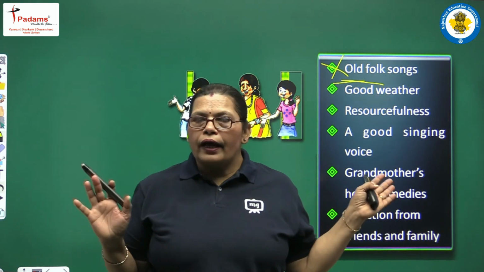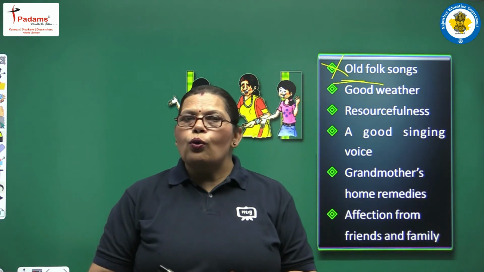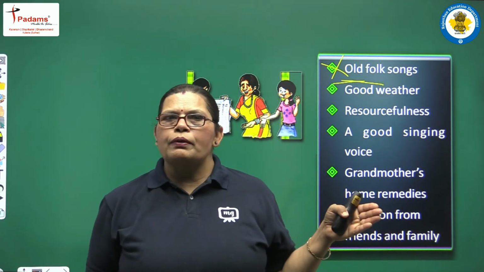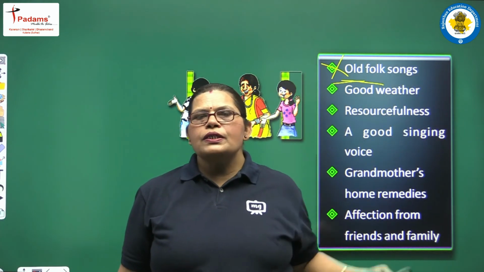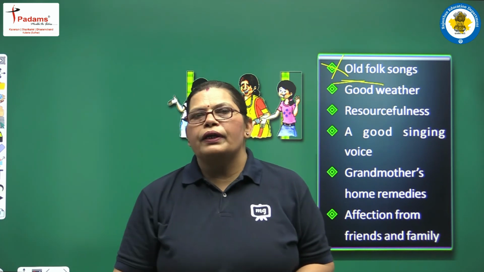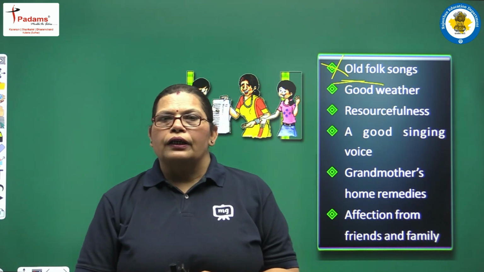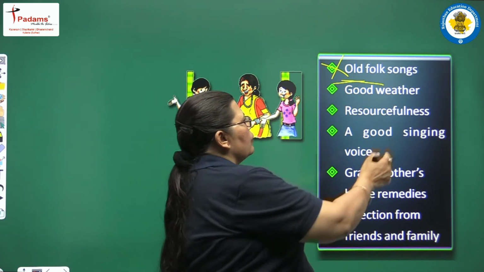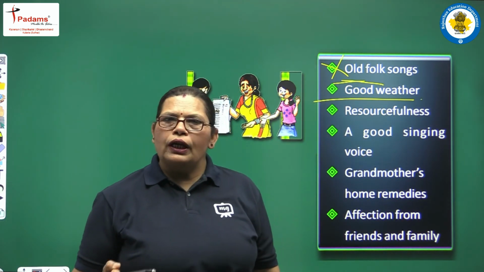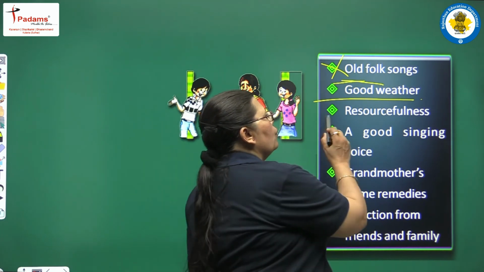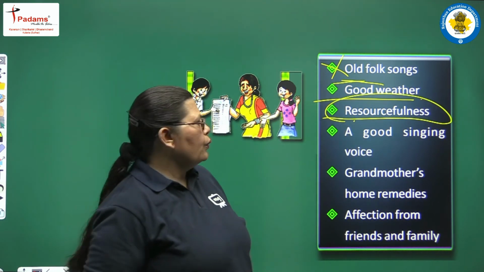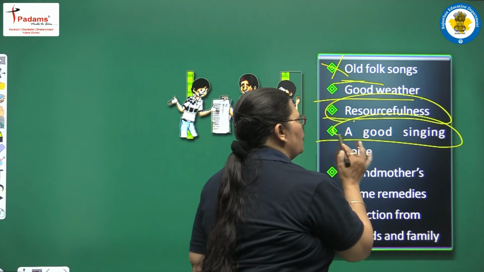पुराने हैं, गाने हैं और हम कहते हैं ना लोकगीत हैं, लोक संगीत हैं, तो क्या उनकी कोई कॉमर्शियल वैल्यू है क्या बच्चों? आपने अपनी दादी माँ से सुना, आपने अपने आगे भतीजे भतीजी, आपने अपने जो घर में बाकी चिल्ड्रंस है, आपने उनको सुनाया. नेक्स्ट वन इज गुड वेदर. गुड वेदर हैज सम कॉमर्शियल वैल्यूज? नो. बट व्हाट अबाउट रिसोर्सफुलनेस? नो. A good singing voice? No.